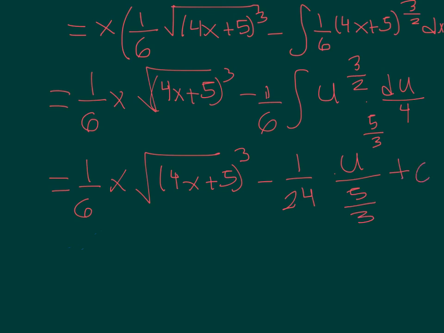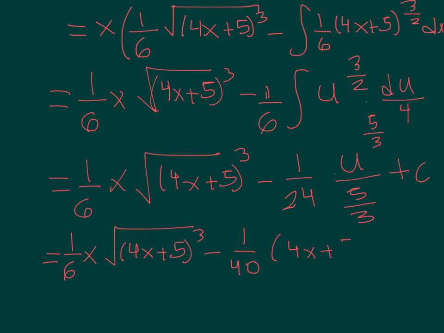You add the c at the end because it is the final constant, the arbitrary constant that we will never ever know, and that is 3 over 24. It will be 1 over 8, so it will be 1 over 40 u, which is 4x plus 5,